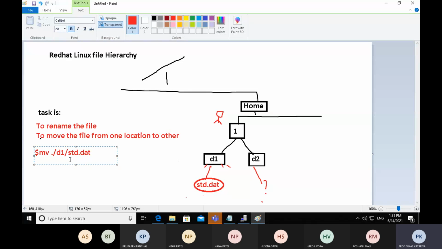First we want to rename that file. I am not moving the student.date file from source to destination; I want to change the name of the file. So mv dot slash d1 slash student.date dot slash d1 slash d2 slash student1.dat.